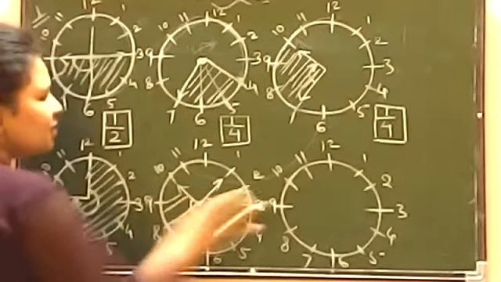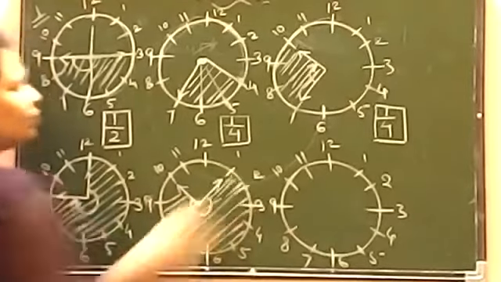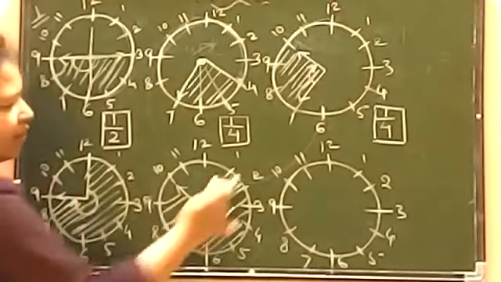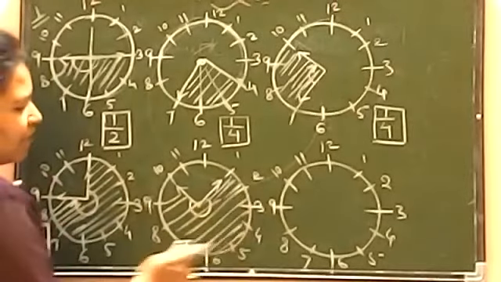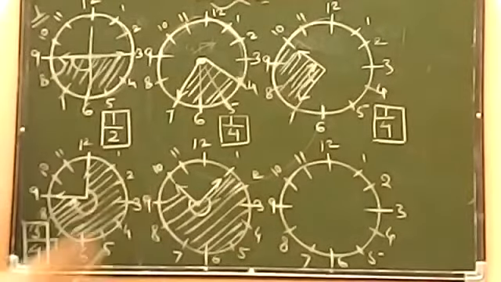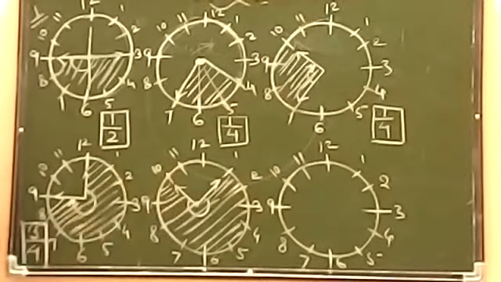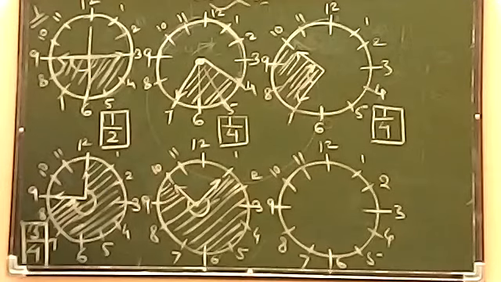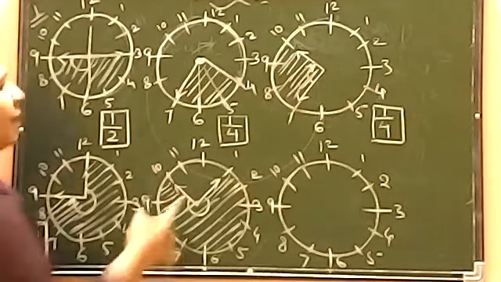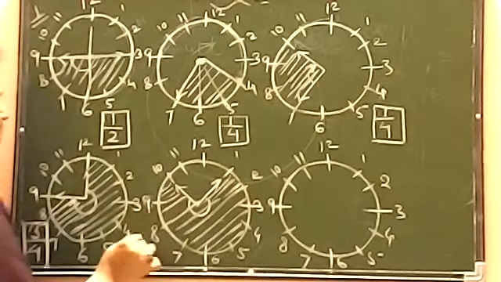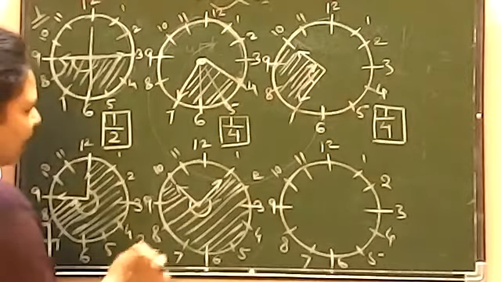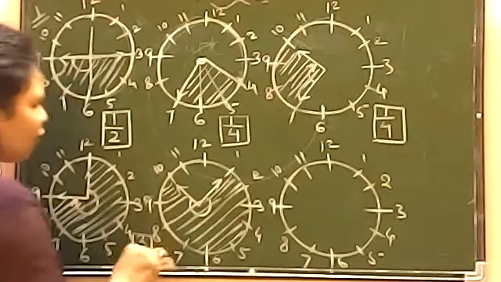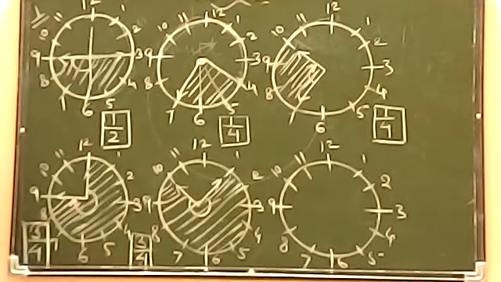Now let's shade it. See how many parts you are covering. 1, 2, 3, 4, 5, 6, 7, 8, 9. You are covering total 9 portions. Again 9. 9 means 3 3s are 9. It means you are talking about 3/4. It means for this particular question also, you will have 3/4 part of it. ठीक है, 3/4.